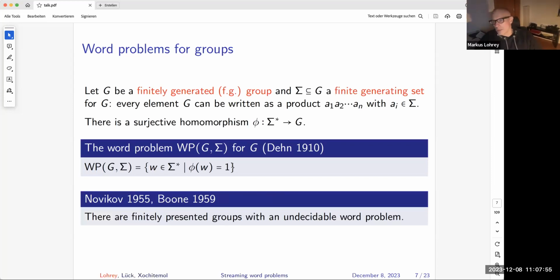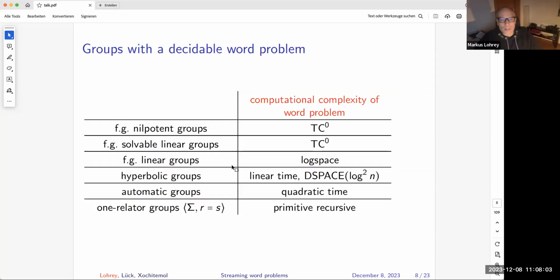And there is the well-known result of Novikov and Boone that there are finitely presented groups with an undecidable word problem. Okay, here I have a slide